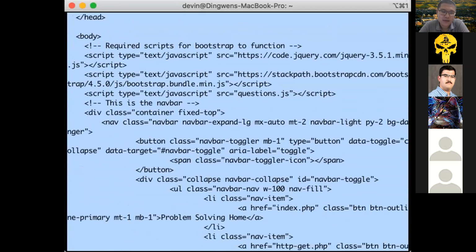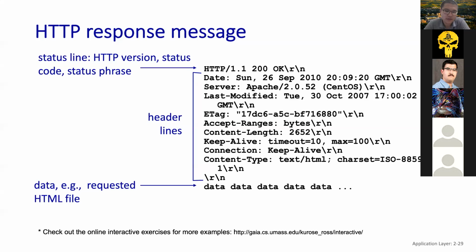So you can also do this demonstration on your laptop. It's a very simple demonstration, but it will give you some idea what kind of thing or message an HTTP request will include, and what kind of information will be included in the response message. Maybe I just finish these two slides.